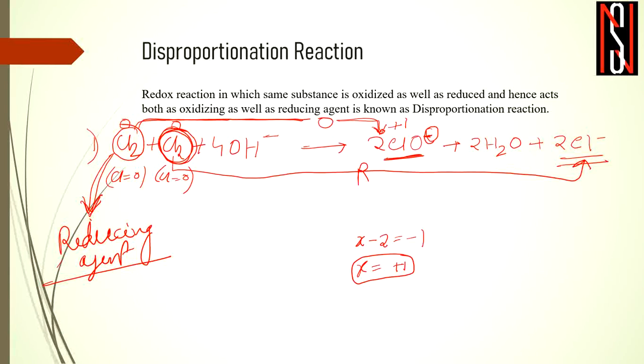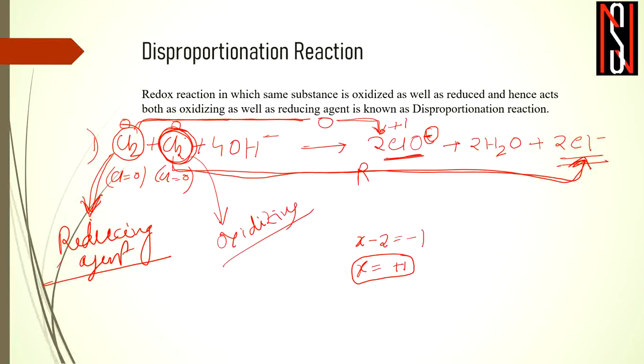So therefore it will be a reducing agent, so it has the reducing property, or it can reduce other substances, or itself it will be oxidized. Now this Cl2 will be an oxidizing agent. Why? Because itself it is reduced to Cl minus, so it has a property to be reduced itself or